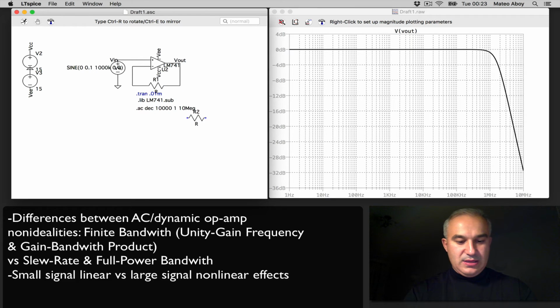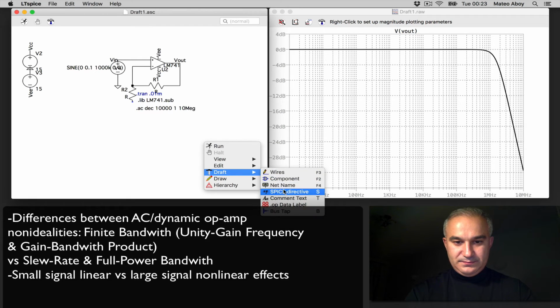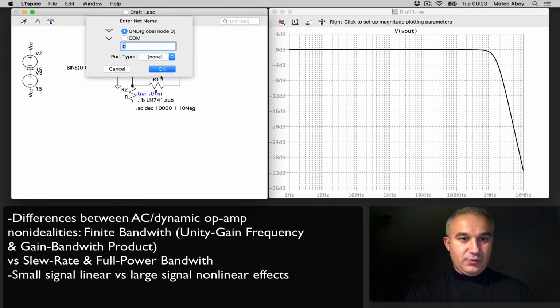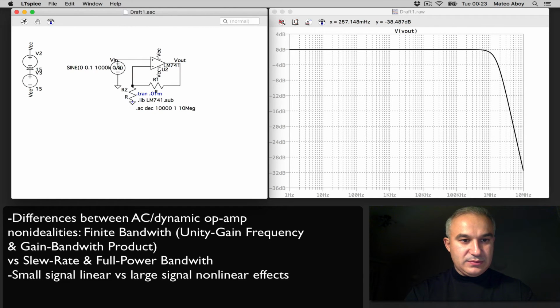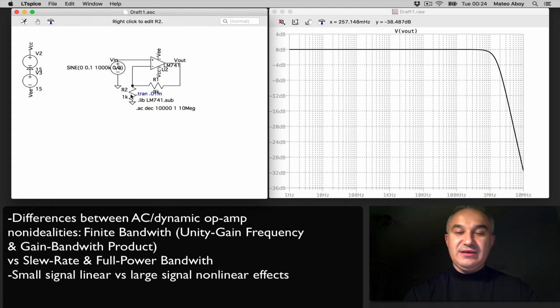1, right? And if I want to be able to program that gain to be higher than that, we can put a feedback network, right? Let's imagine I want a gain of 10. Well, I can put 9K here, 1K. Why is it that I use 9K as opposed to, say, 90 mega ohms